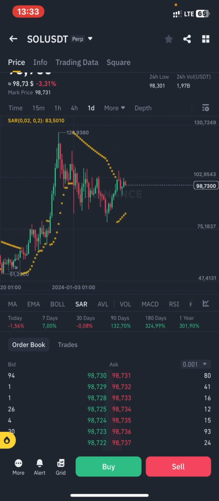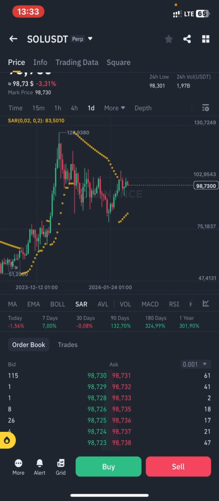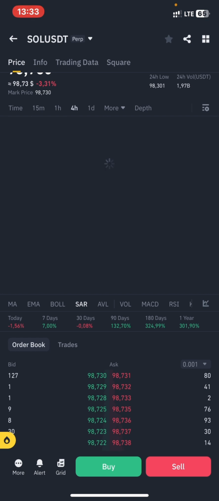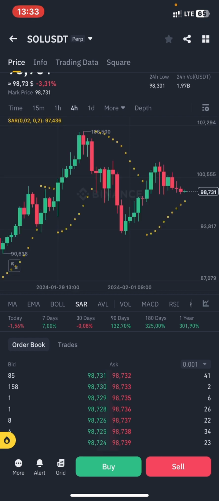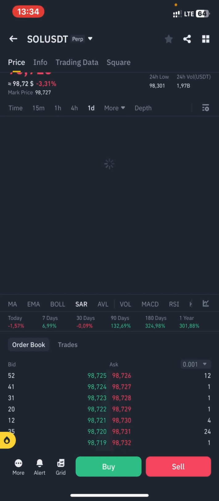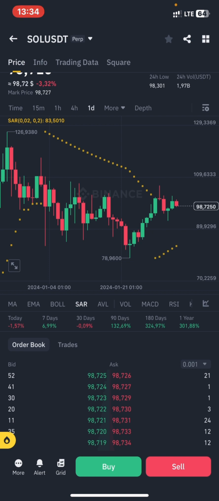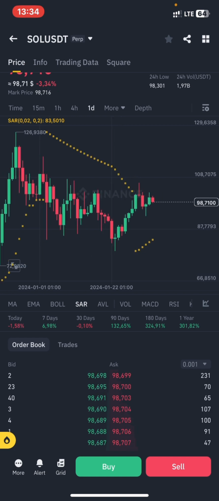Right now this daily time frame is showing a buy option, and the 4 hour time frame is showing a buy option over here. The higher the time frame, the better overview you have of the overall price analysis of this token. And once the 4 hour time frame and the daily time frame are showing you a buy option right here,